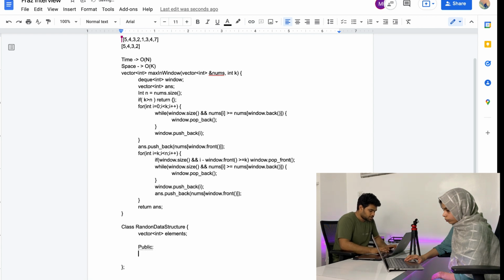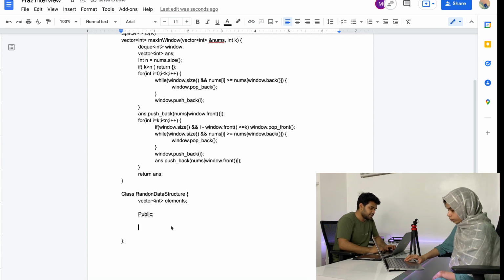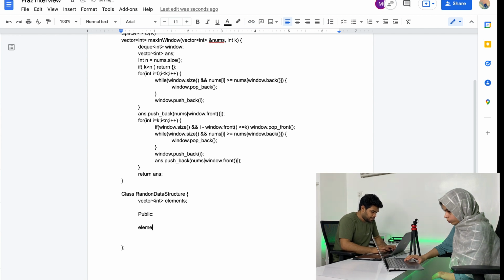The first function is to insert an element inside this vector. I'm inserting at the back only, as I told. Insertion at the back is constant time. Let me write the name of the function, insert.